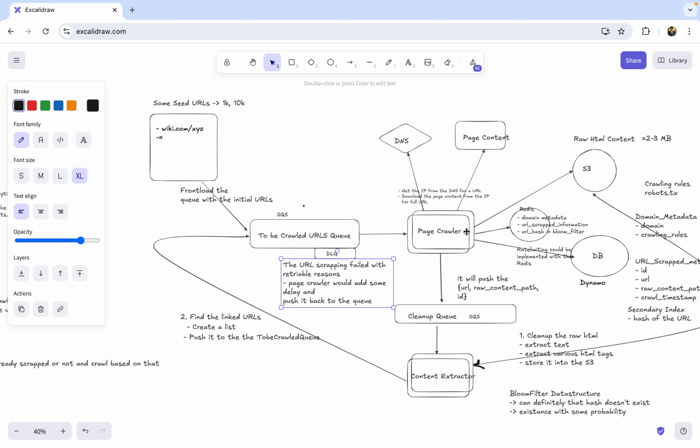But what may happen here is that all the crawlers, or all these processes, might add the same amount of delay. What will happen in the next try is that all the requests would come up again and some of them would start failing. So to avoid that, we can add some random delays. Some random number could be added, and that could take care of these periodic